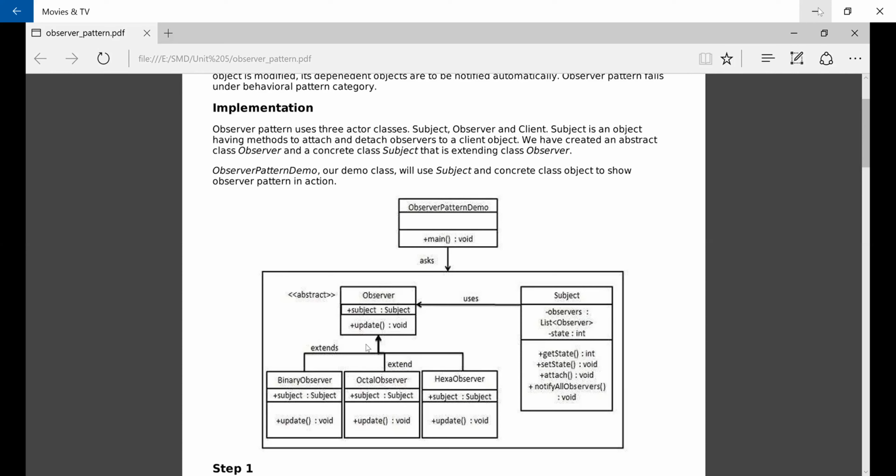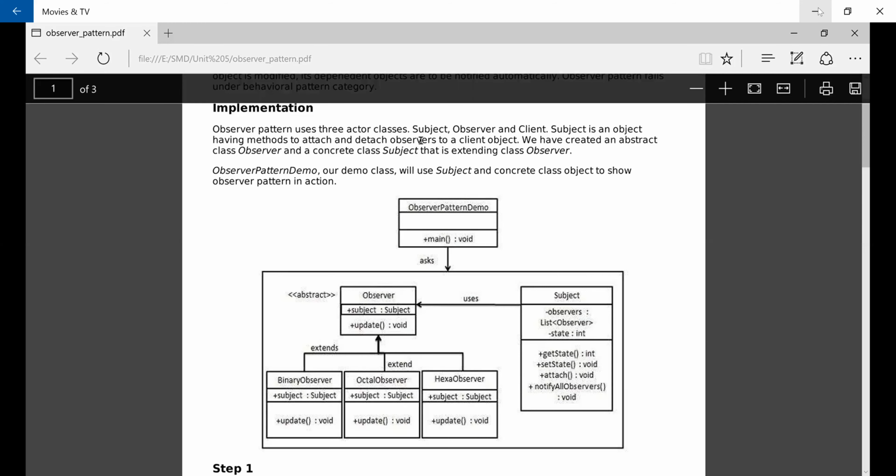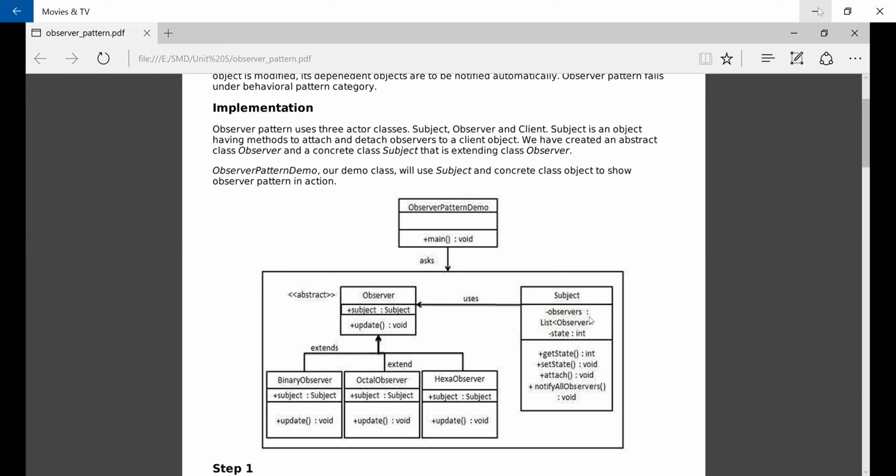The observer is the abstract class. Observer pattern demo is our demo class. This will use the subject and concrete class objects to show the observer pattern in action, with whatever input is passed.